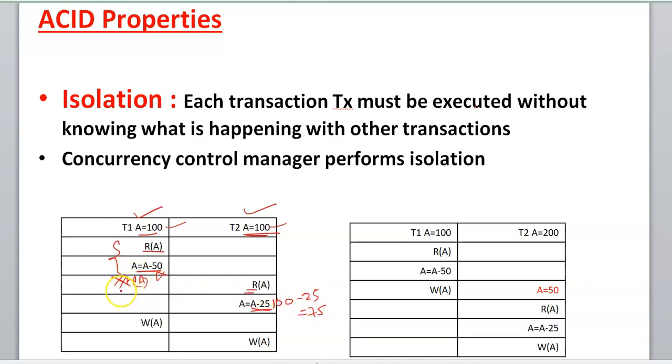So here 50 is the value after deducting from A. Now after these two operations have been performed in T2, T1 is performing the update operation and the value will be updated to 50 for A. And after that, what is happening? Again T2 is performing the write operation where the value is updated to be 75. Now can you see the data is inconsistent here? There is no consistency in the data before and after the transactions are being performed.